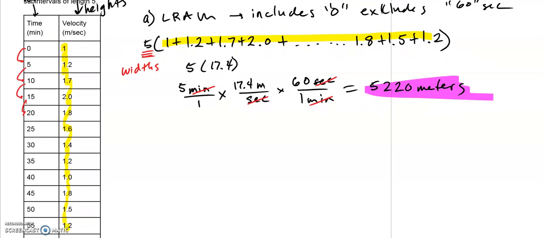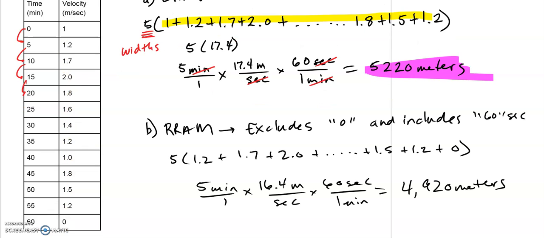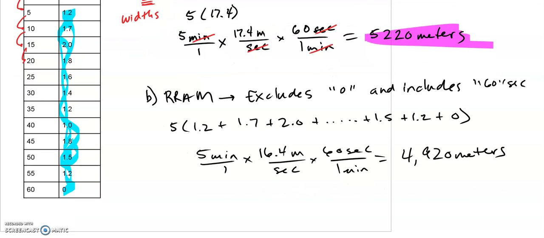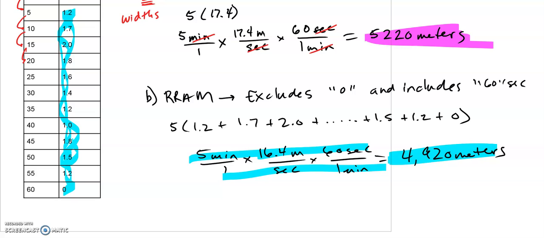Go ahead and pause the video and try the RRAM on your own and see how you do. We are excluding 0, so we are only putting those and adding those together, which you notice it's going to be just one less since we're not including that one right there. So, to make a long story short, you shouldn't have to do all of this. You should see and notice that instead of 17.4, it's going to be 16.4. Multiply these all together and you end up getting 4,920 meters. That's it for this